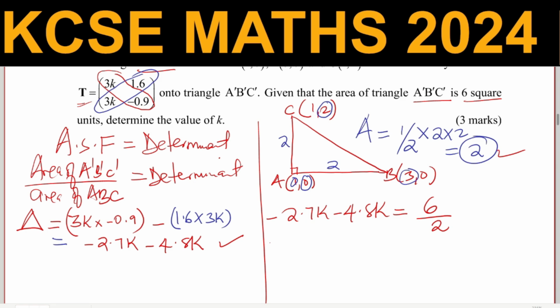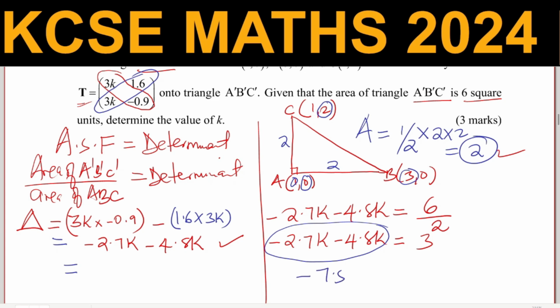And so this will give negative 2.7k minus 4.8k is equal to 3. Let me simplify this: negative 2.7k subtract 4.8k will give negative 7.5k